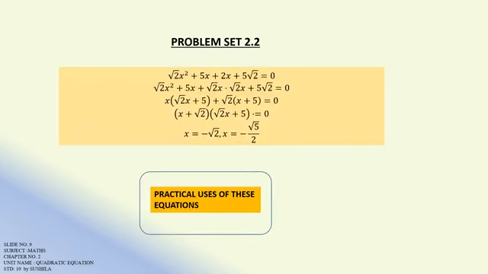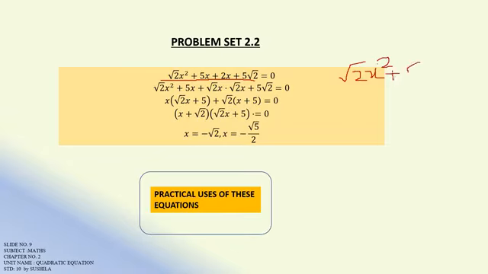Now on your screen there is also another example for solving this equation, that is minus root 2 x square plus 5x plus 2x plus 5 into root 2. Okay, so what will be the equation form? Try to think about it in your creative manner and try to form an equation. What will be the form of your equation? It would be root 2 x square,